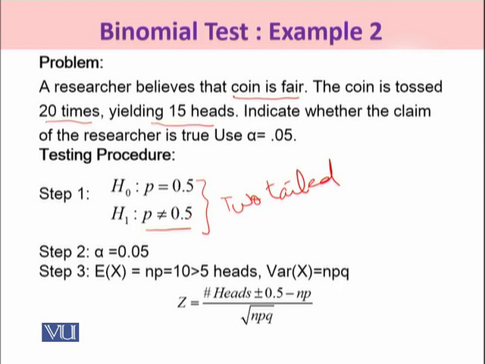Under step 2, we'll be determining the alpha. So alpha is being given to us as 0.05. So step 3, my students, whenever you talk about the binomial case, let me add to it that whenever in binomial distribution, n is large, by n being large, what do we mean? That n approaches infinity. So when n is large and neither p nor q, where p is the probability of success and q is the probability of failure, if they are closer to 0.5, then your binomial distribution would tend